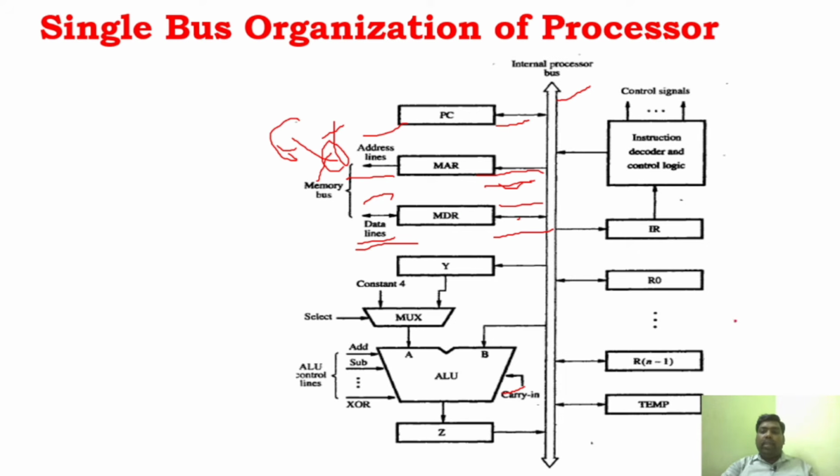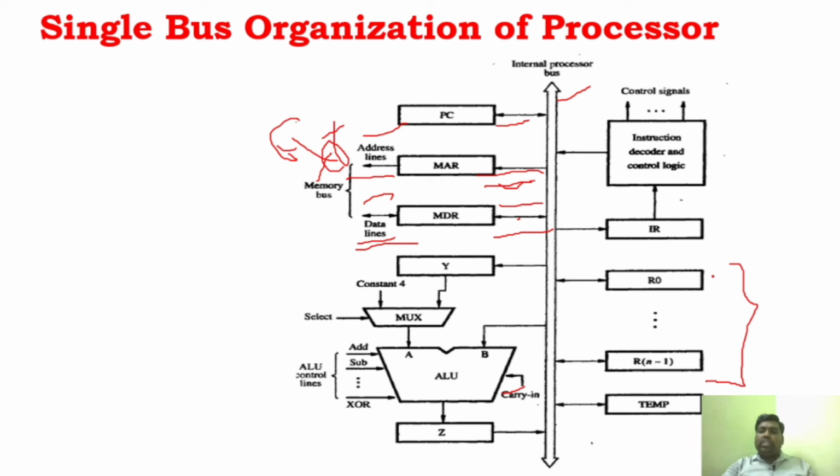And apart from that, you have to know about the general purpose registers. These are the general purpose registers, R0 to Rn-1. You know that the processor has general purpose registers, and the main purpose of general purpose registers is for temporary storage, correct? For example, anytime an instruction is getting executed, it need not go to memory and save that information, because if it goes and saves the information in the memory, it will take more time.